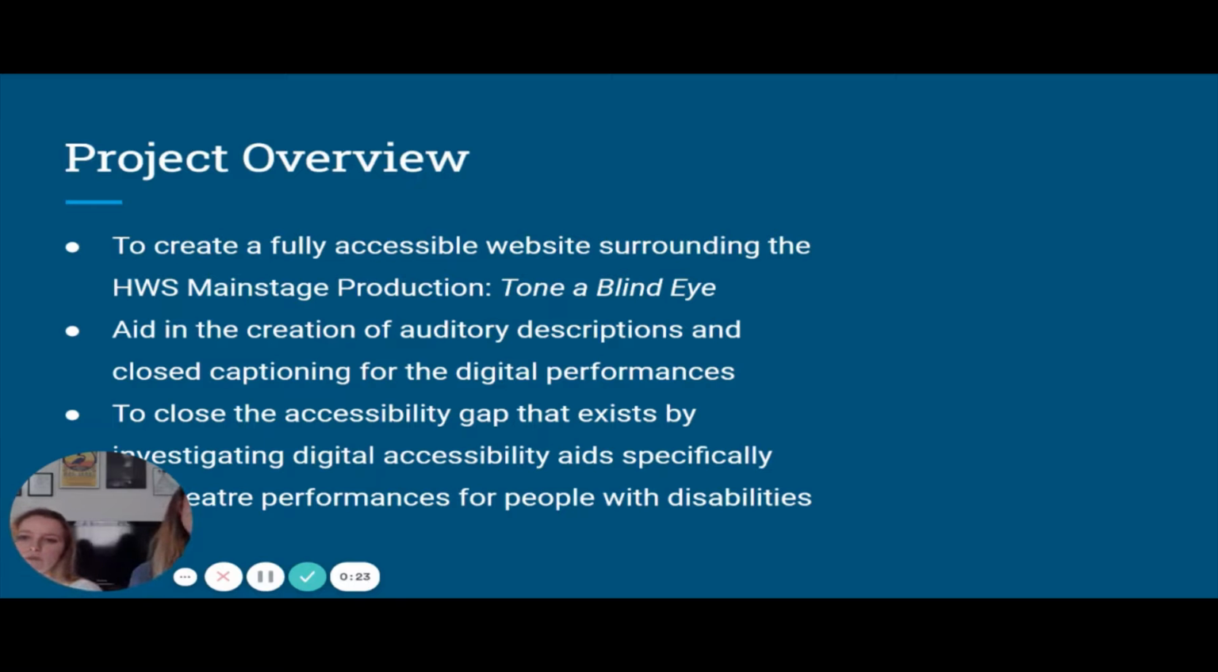Project overview. For our project, we were working to create a fully accessible website surrounding the HWS main stage production of Tone a Blind Eye. Tone a Blind Eye is a production that is completely based online. It is a series of monologues that are all housed on this website we created. So we wanted it to be as accessible as possible for all audiences, since it was on a virtual platform as opposed to being a